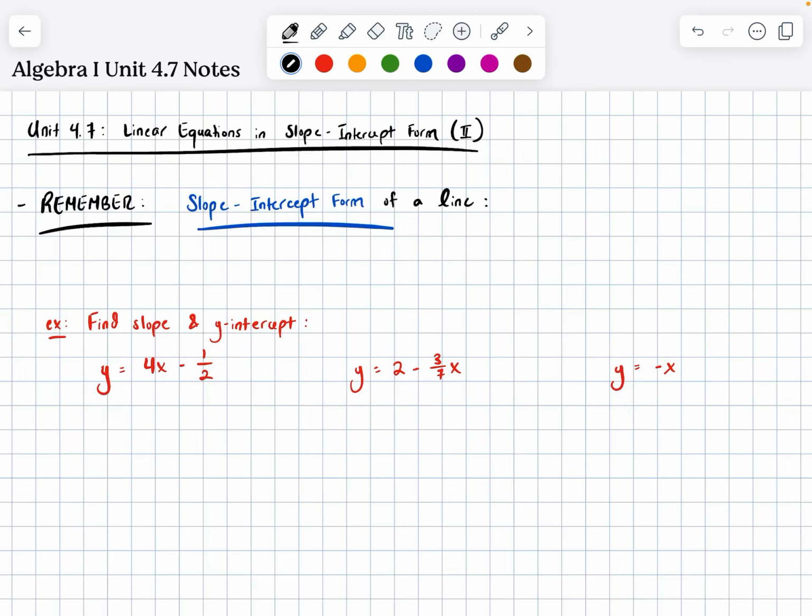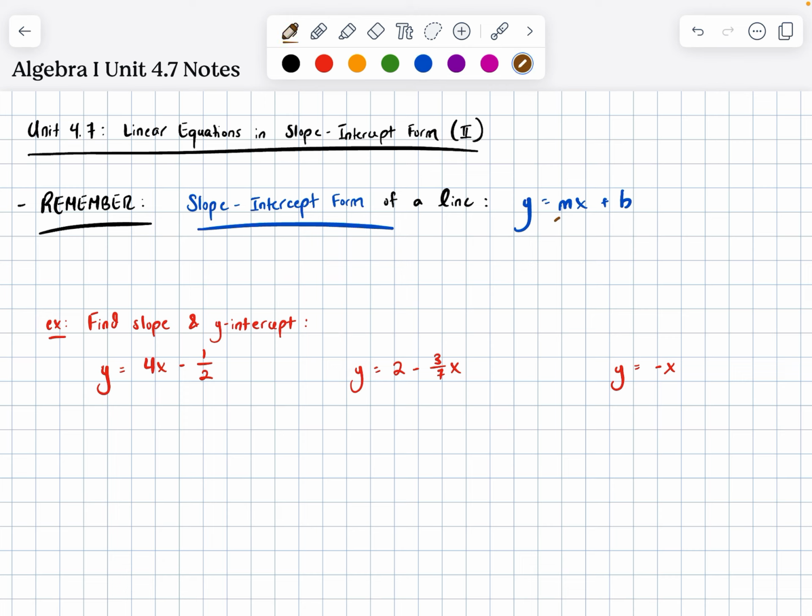Cool. So remember, last class, all we were talking about was this new form of a line called slope-intercept form that was really powerful for us when graphing. Remind me, what does it look like? Well, slope-intercept form of a line is y equals